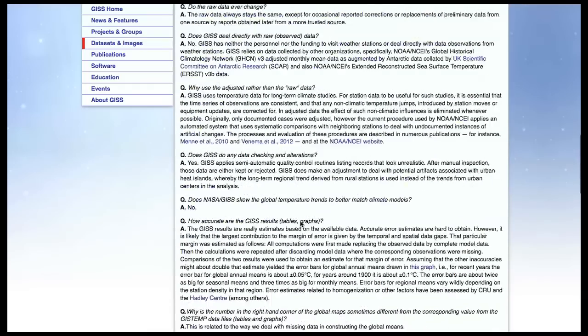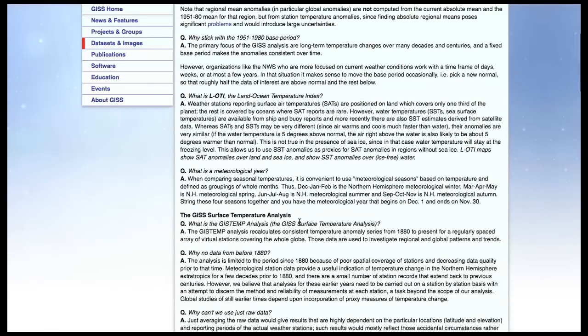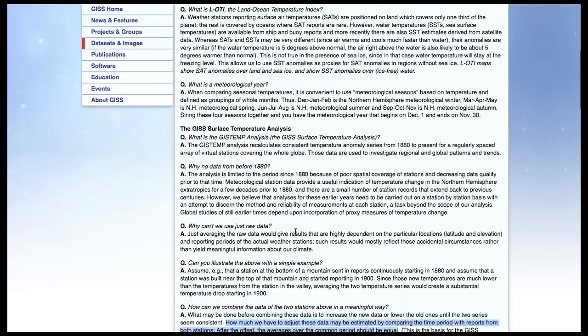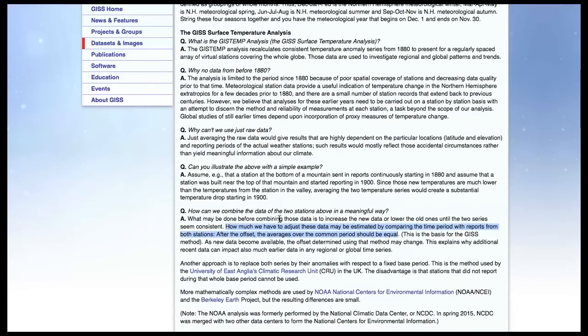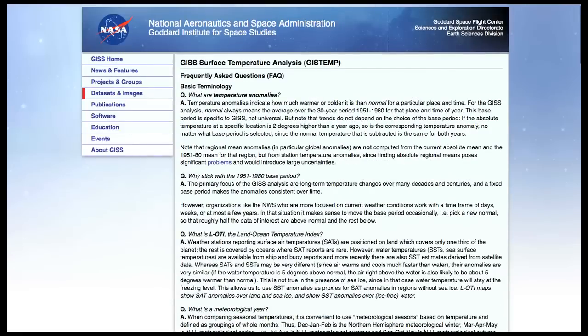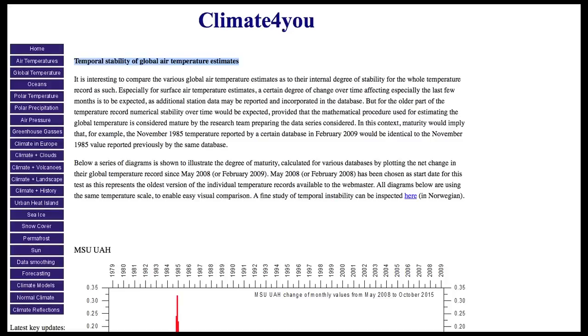So again, they go on and talk about different methods for this homogenization of data from different stations, or to smooth out areas where there's little coverage, or where there's adjustments needed in order to make things smooth out with the data. And this is really the core of why the surface air temperature estimates are not reliable data sets.